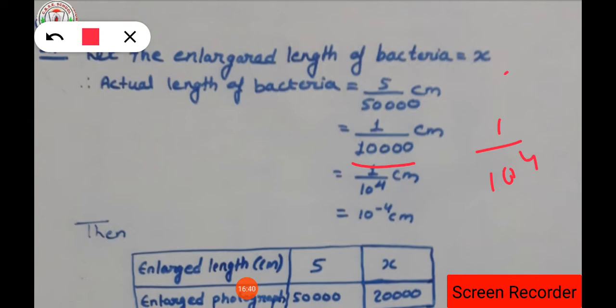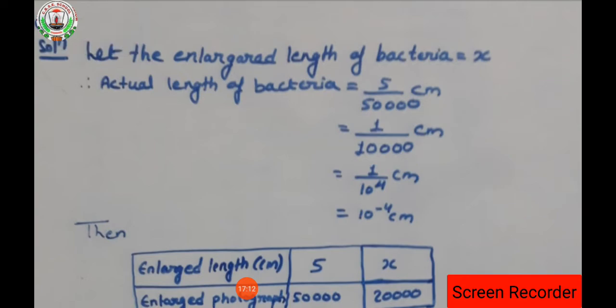Since a to the power minus 1 is equal to 1 by a. Do you remember the laws of exponent property? What is the a to the power minus 1 law? That is a inverse is equal to 1 upon a. So by applying this law, this 1 upon 10 to the power 4 will be converted to 10 to the power minus 4, by applying the laws of exponents, that is a to the power minus 1 is equal to 1 upon a. Clear everyone? Hope you understood why this happens. It is due to the laws of exponents.